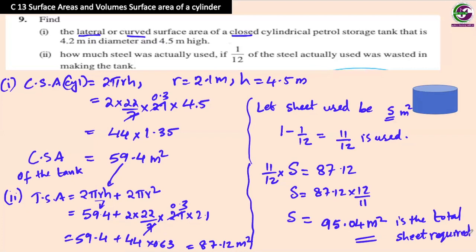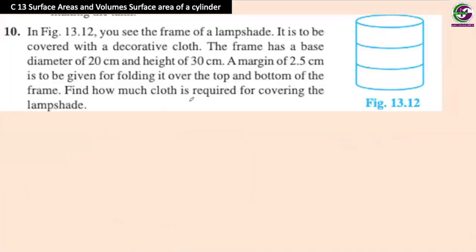Moving on to question 10. In figure, you see the frame of a lampshade. It is to be covered with a decorative cloth. The frame has a base diameter of 20. So radius is 10 centimeter and the height of 30 centimeter. So remember, this is a lampshade. So we are only using the curved surface area, which means it will be open at the top and the